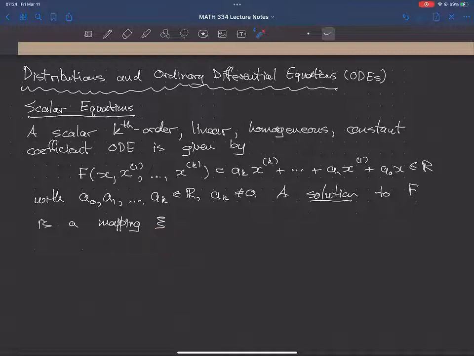A few times I've written x dot of t, but I generally don't do that. I distinguish between x, which is a constant, and c, which is a function of t. So c is the solution, a function of t, a mapping that satisfies